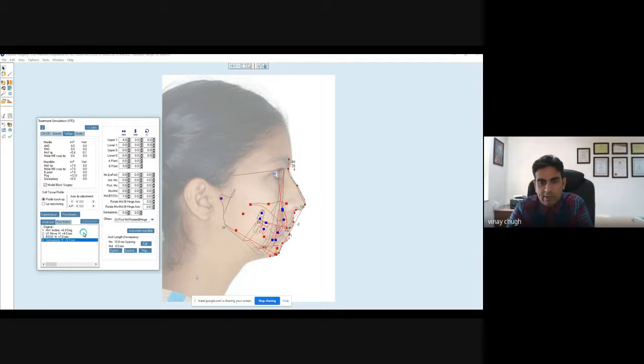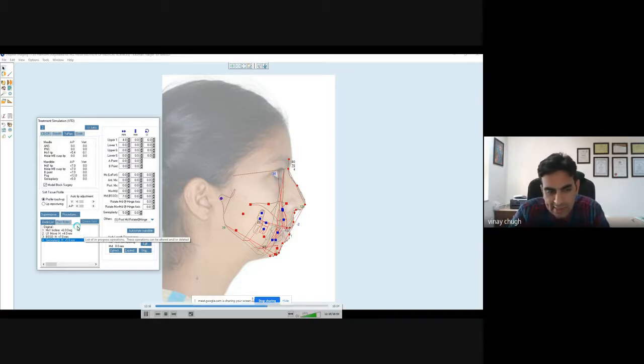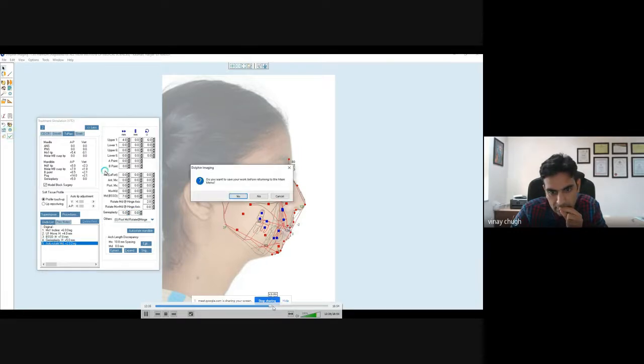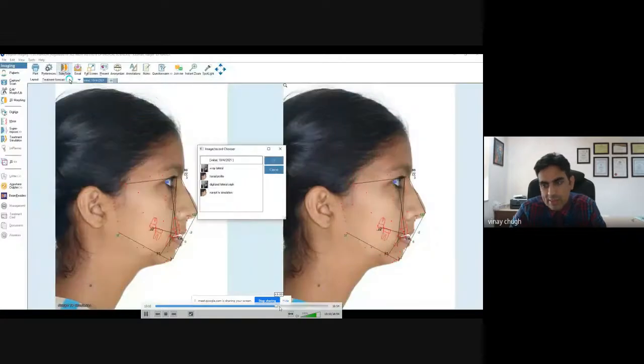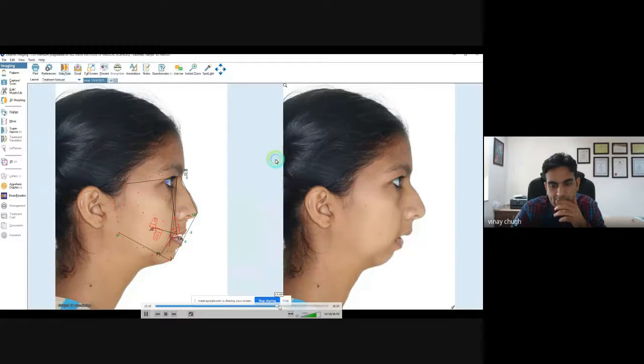So once this treatment is planned, you can see that the mandible is advanced and the patient is having a decent kind of profile. Now the next step, once you do this part, is to return to the main menu and just label it that it is the treatment simulation part. And once you do this simulation, you can see both the pre-treatment and the post-treatment images together.